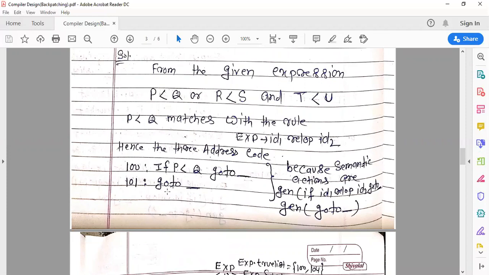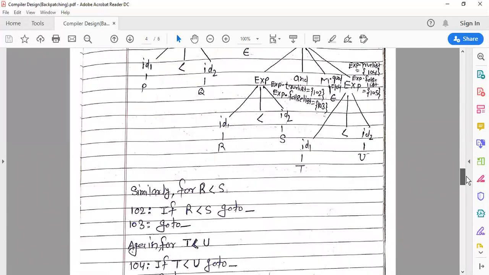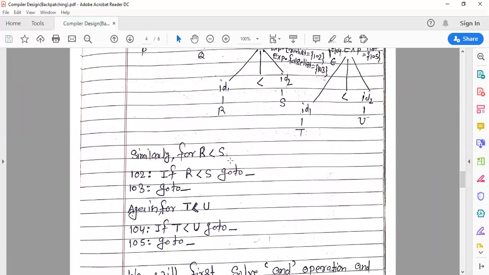And here goto dash. If p less than q is false, then control transfers to whatever address is here. So 101 is the address for the false statement, and 100 is the address for the true statement. Similarly for r less than s.